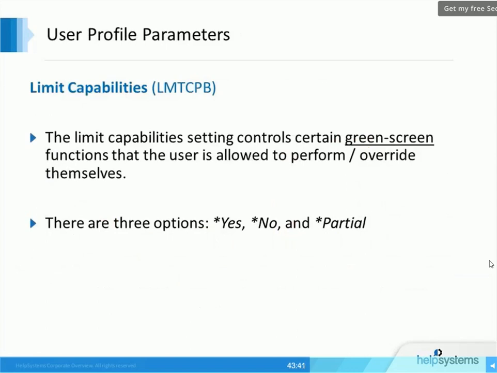The limit capabilities parameter is another important one. Many of us use this, but not in the correct